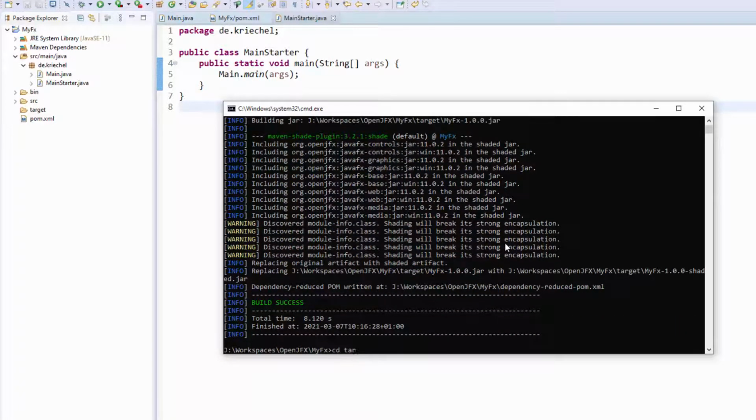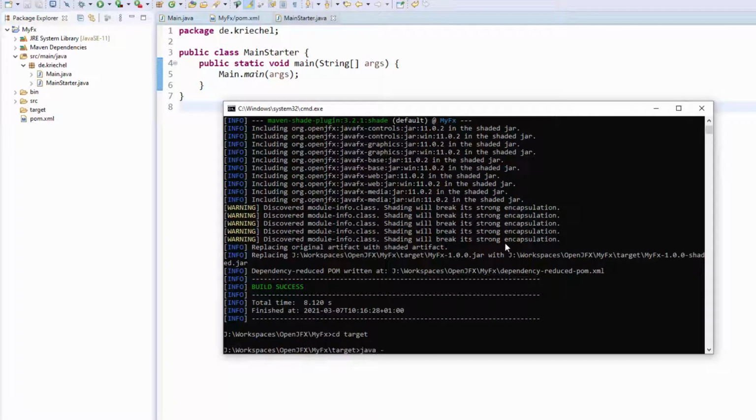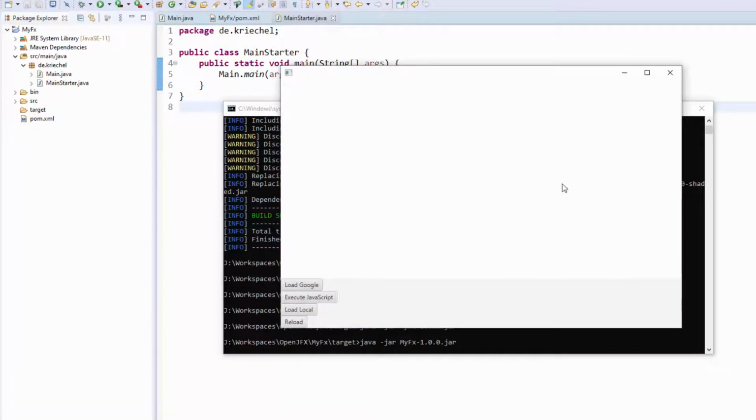And if I now switch to the target folder, I can just say java -jar. The jar is starting just as it starts in Eclipse, and now it's a standalone jar which you can use and provide on all the other systems that you want to start the program on. So I hope this tutorial helped you to upgrade your application from JDK 8 to JDK 11, which can be a little bit tricky. And I can tell you there can be one more pitfall that you can run into